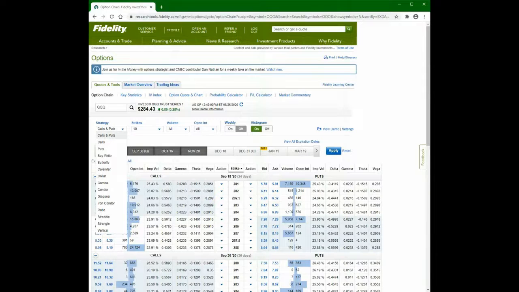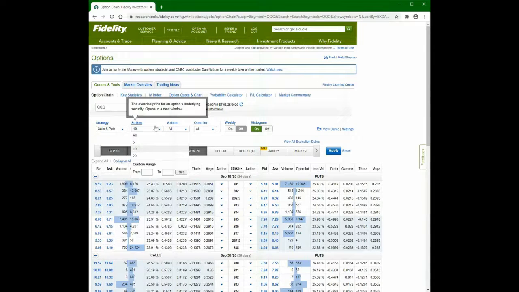Right now, and I think one of the most commonly used views by traders, is just calls and puts. You can choose how many strikes are displaying at one time. For something that's nearly a $300 per share underlying, there are going to be more than just the 10 strikes that initially show, but it might be a little overwhelming if we're looking at a 10 strike and a 50 strike and a 100 strike on something that's trading at nearly $285, or if we were looking at a 400 strike. Maybe not pertinent to us, but we're able to control what strikes are displayed here or set a custom